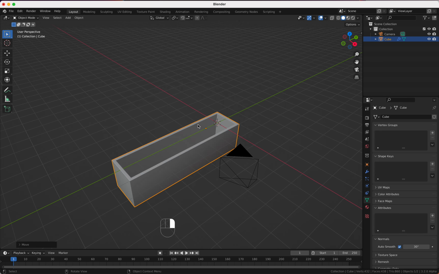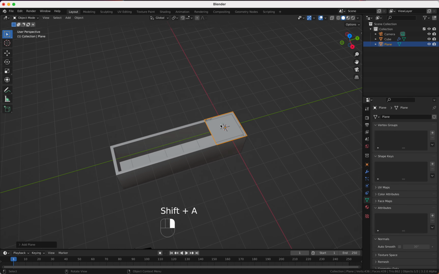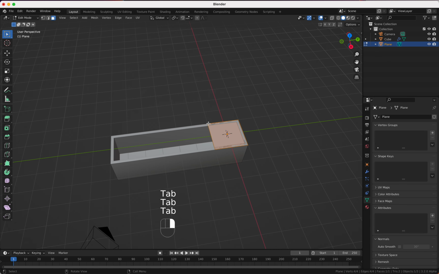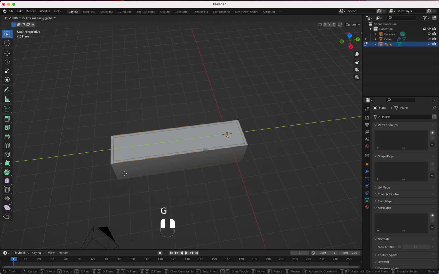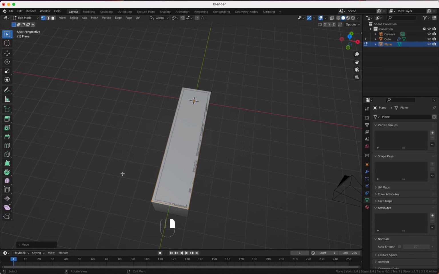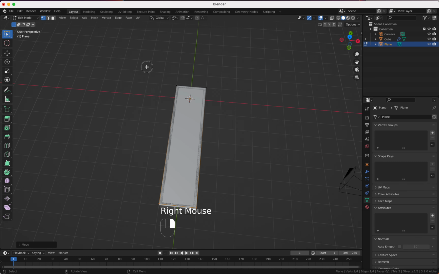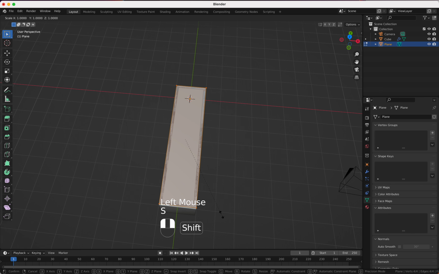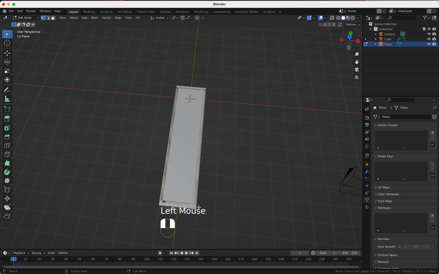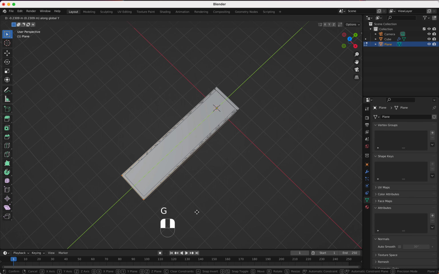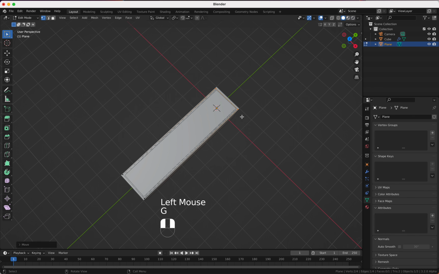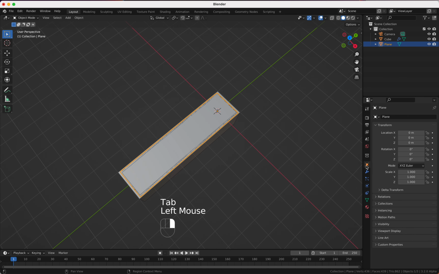and now we model first the ocean, the water. So we add a plane here, go to edit mode, and then we select these vertices here, G, Y, and we make this as big as the pool is. And then we say S and we hold shift key so we can make it just a little bit smaller, not too much, but it should cover the pool. So I take here, move this a little bit up, and